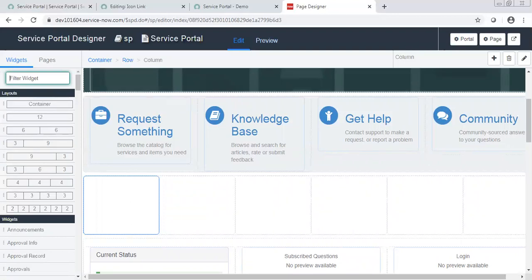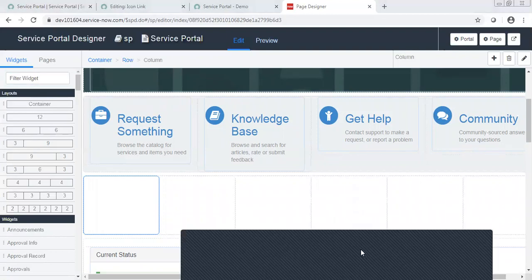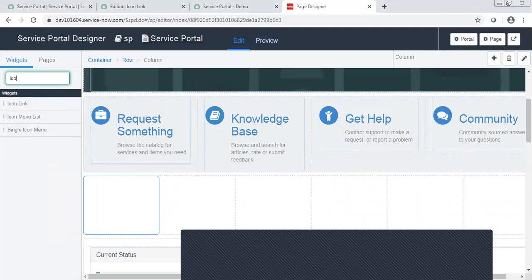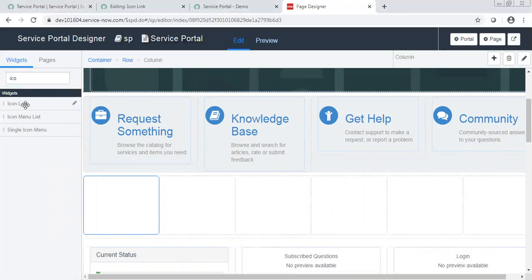Okay. You drop it here. Similarly, you can drop another one.